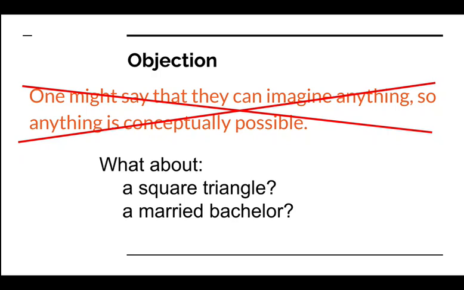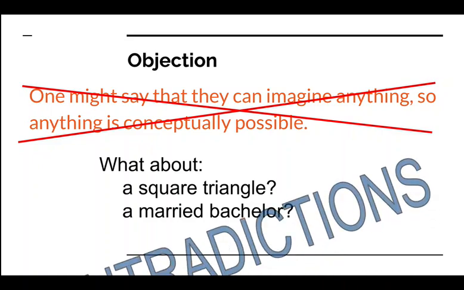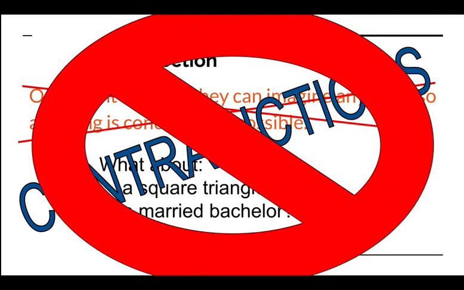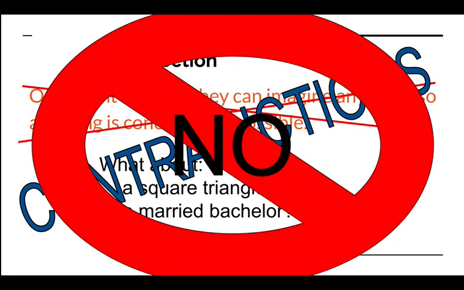So if you want to think about conceptual impossibilities in terms of contradictions, that makes perfect sense. The concepts of married and bachelor are inconsistent. They're contradictory, right? So that takes care of that objection. It's an easy matter. There are some things that are conceptually impossible, and we can think of validity in terms of that.